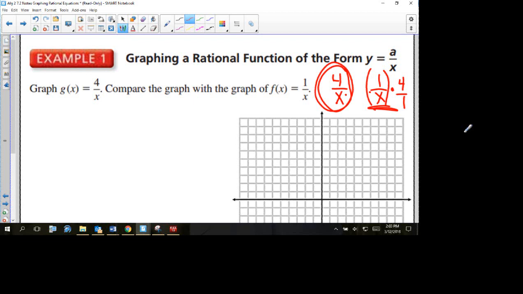What kind of stretch? It's a vertical stretch because you're multiplying the entire function. It would be horizontal if it was only in the denominator. It's vertical, multiplying the whole function. So when they say compare, we would say vertical stretch factor of